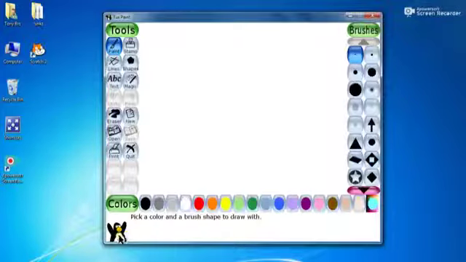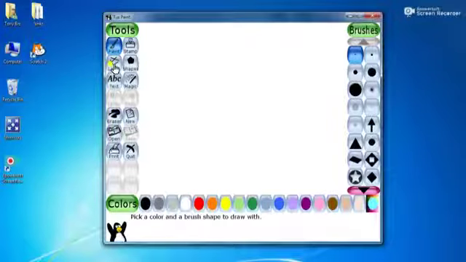And here you see this is a penguin that helps the user while selecting the tool and drawing the object. See, students, pick a color and brush shape to draw with. So now and then it will keep giving you some help.